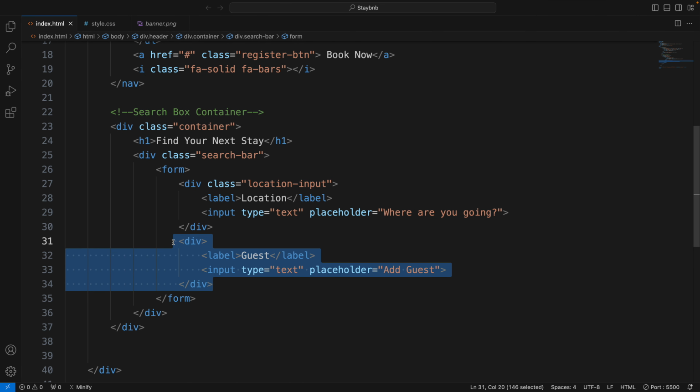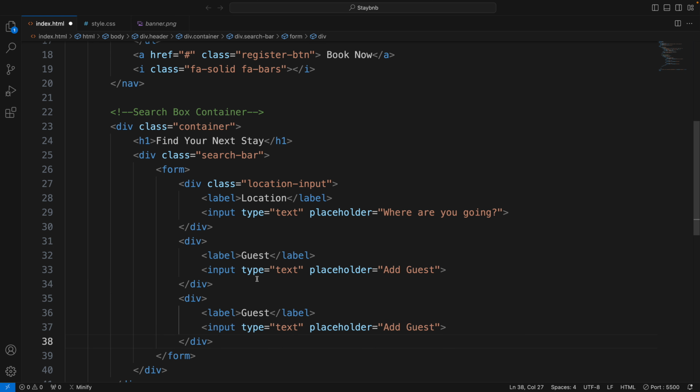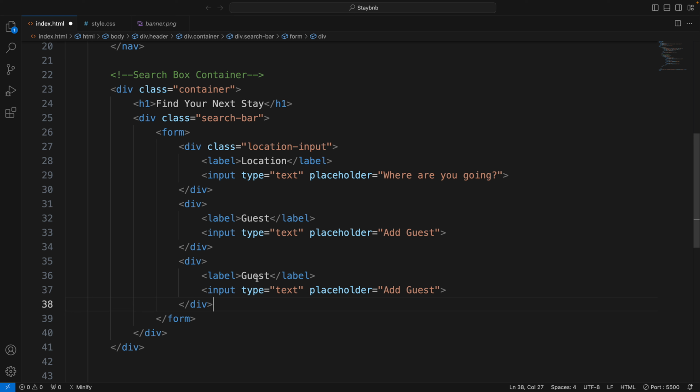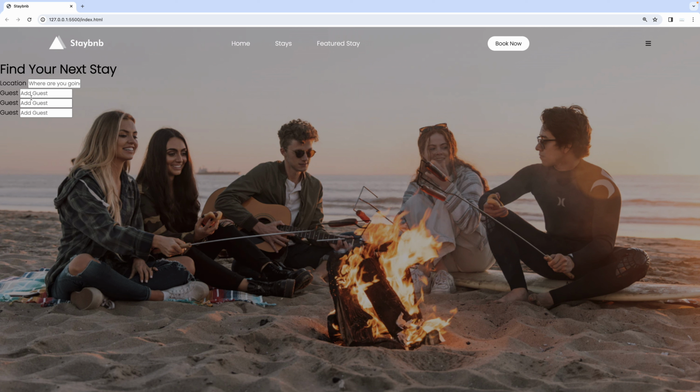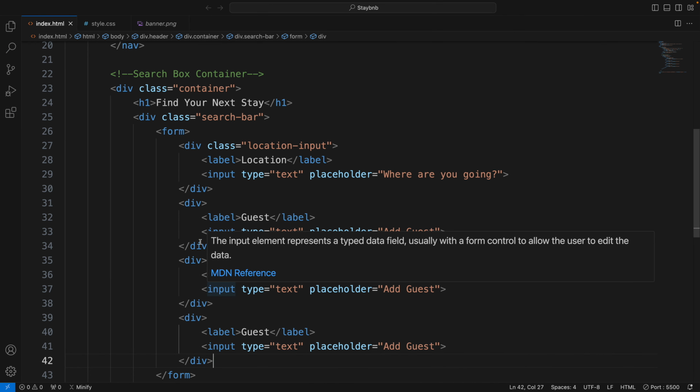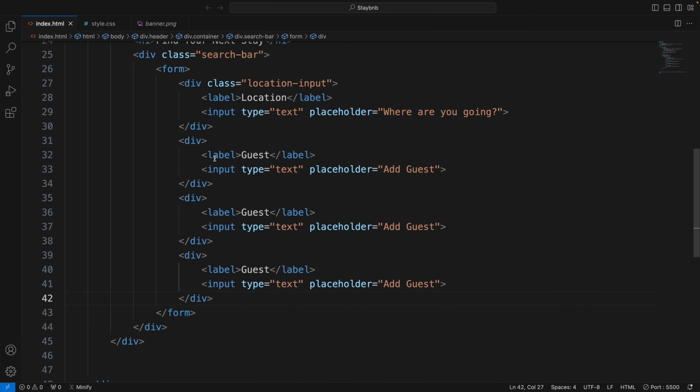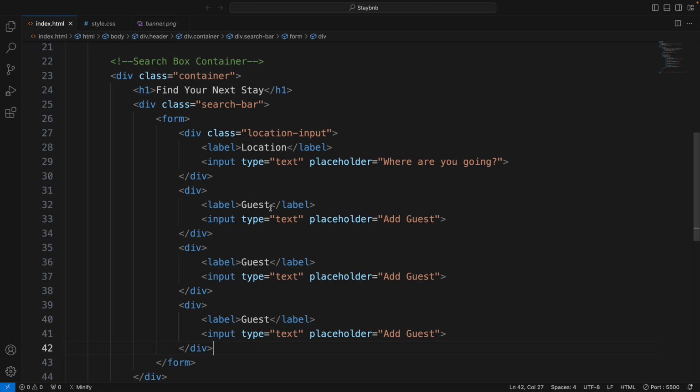Copy this closing div to open div section. Boom. Paste it right under. There you go. And let's do one more. We're going to have a total of 3. So we got guest, guest, guest, add guest, add guest, add guest, right? Okay. And then for the first one, so under our location, for the first one, let's put